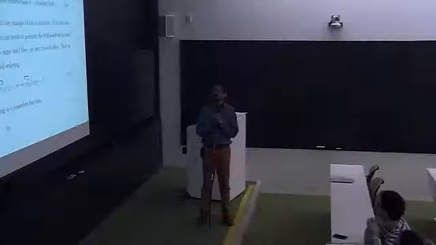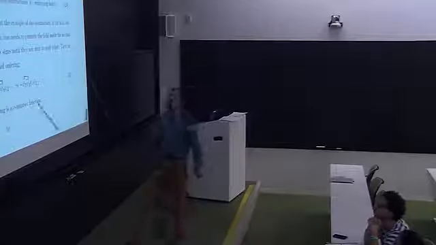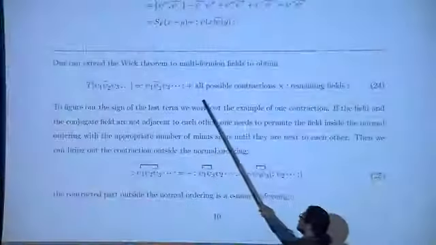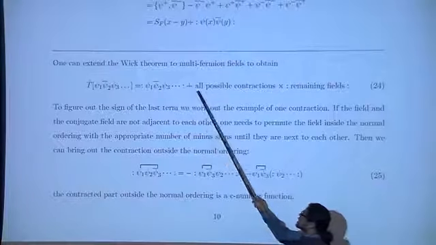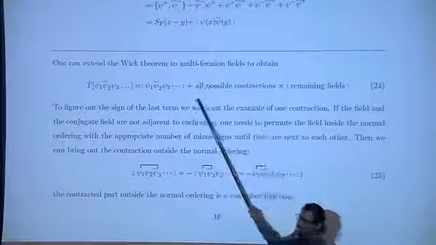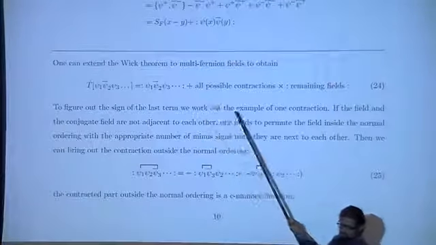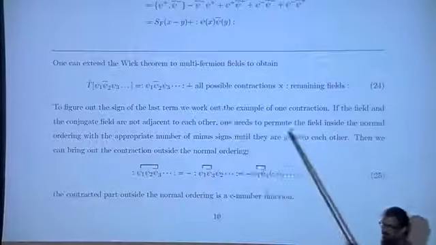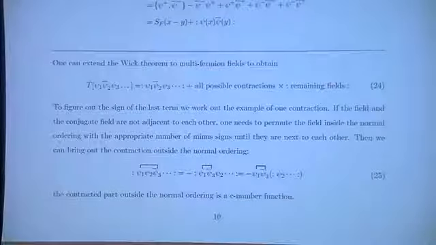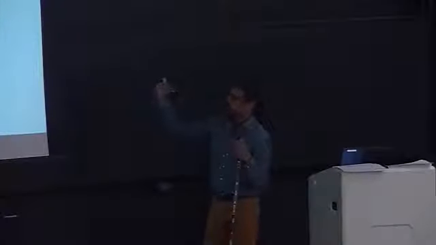But you do this until you don't have anything inside the normal ordering, or you have any field left? Yeah, I mean you can actually have. What does Wick's theorem say? The first term here would be only 1 contraction times the normal ordering of all the different fields. The second term would be 2 contractions, all possible, and all the remaining fields, until you go down to the lowest number possible. It could be there's no contraction left if the original number of fields were consistent with that, or they could have one normal ordered field left, right? So we will see an example of that very shortly.